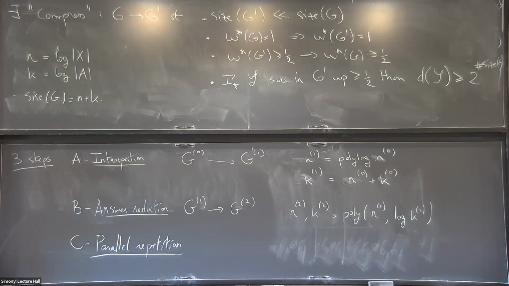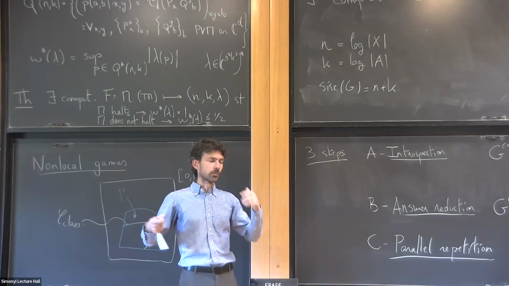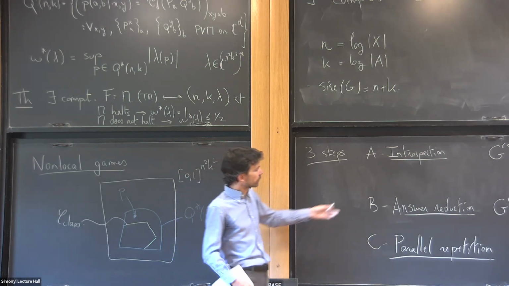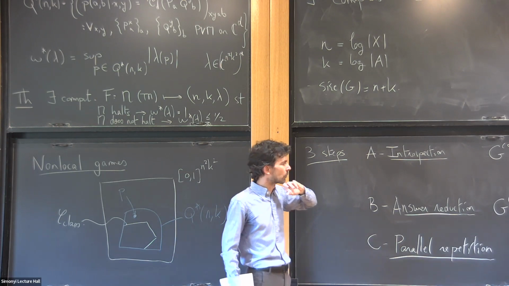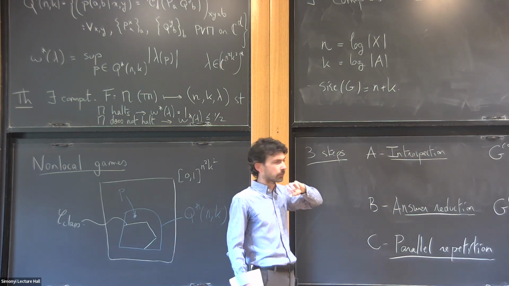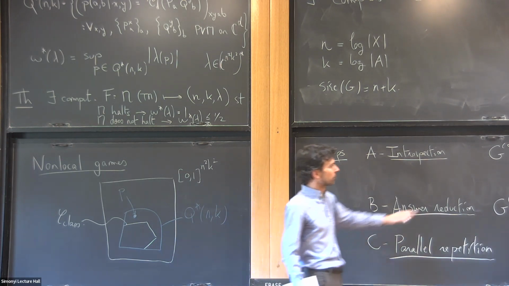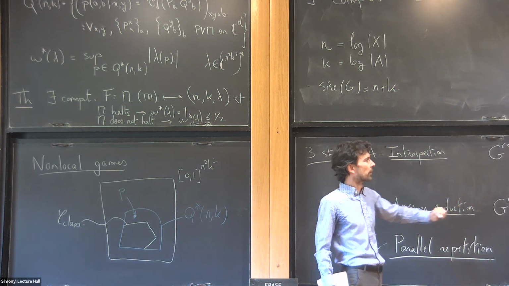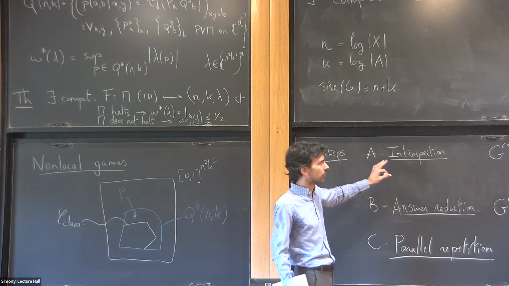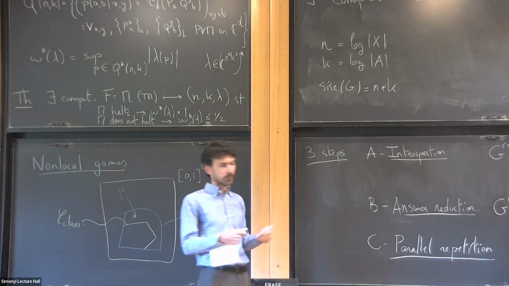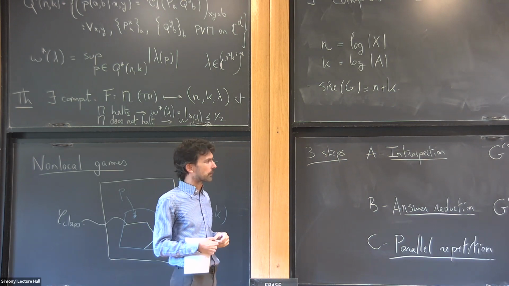So only when the proof is such that there exists a circuit, an efficient procedure that verifies the proof, then I can encode the proof in such a way that there is a more efficient randomized procedure to do it. So in order to carry out that step, it's going to be important that the function D that I used when I defined the non-local games can be computed efficiently. Only thanks to that will we be able to reduce the number of answers here. Similarly, here it's going to be important that the function D can be computed efficiently, and also there's going to be some restrictions on the distribution pi that can be used.